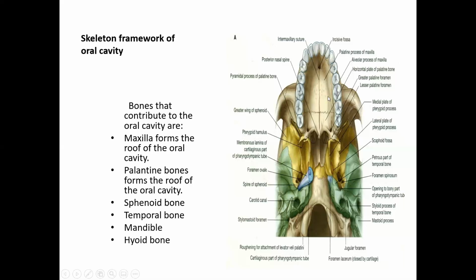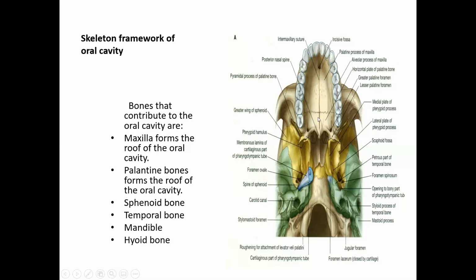Okay. Then posteriorly on the hard palate, you can see here, this is another bone. This is the palatine bones. These are the horizontal plates of the palatine bones that make the posterior of the hard palate. Actually, this whole is the anterior two-thirds of the hard palate, the maxilla and the palatine bones. So the anterior is formed by the maxilla, and the posterior is formed by the horizontal plates of